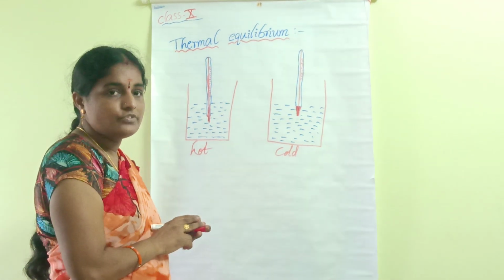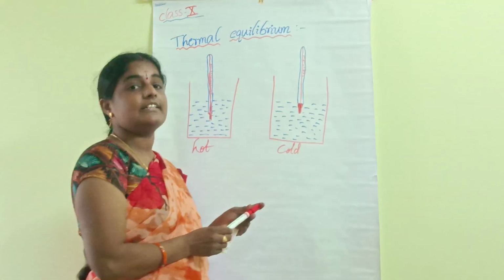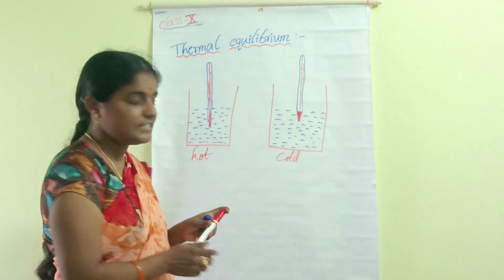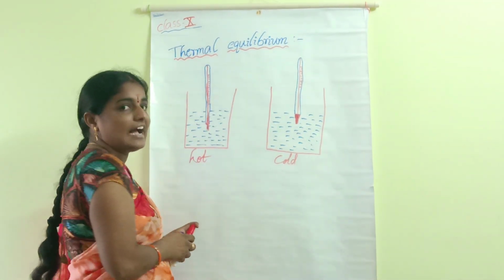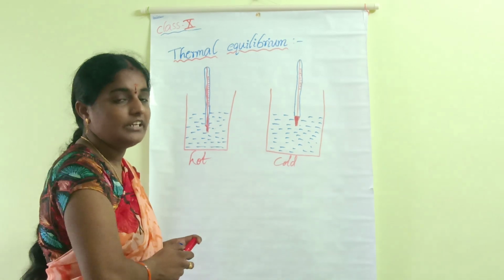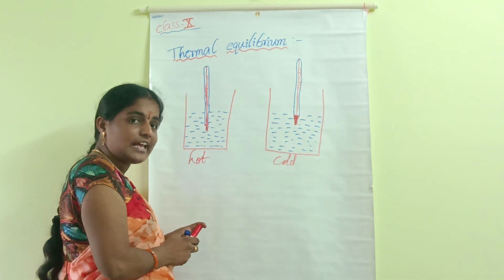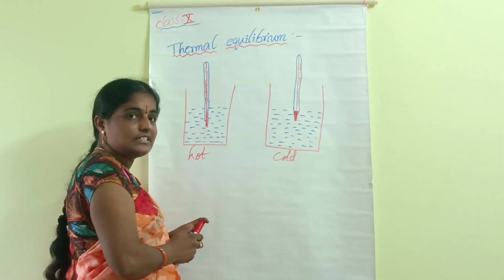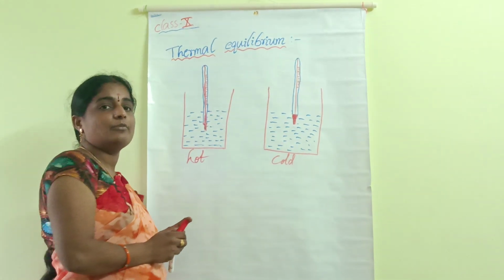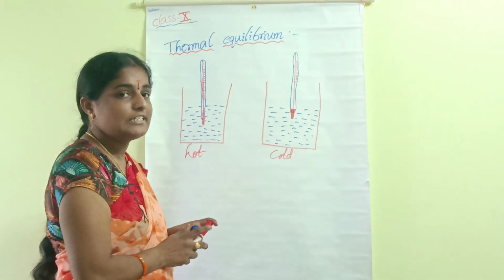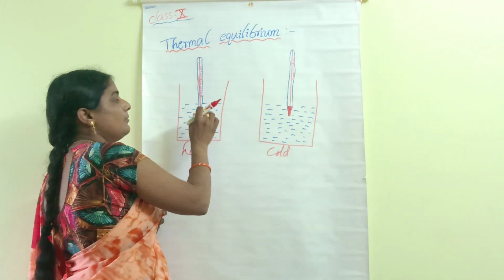Now why are we using mercury as a thermometric substance? The thermometric substance is what is present inside the bulb, and what are the parts we have, you actually learned in your 7th class. Of course, once again I will tell you in tomorrow's class. Try to recall why we are using mercury as a thermometric substance and what the parts present in a thermometer are. Now I took a laboratory thermometer.